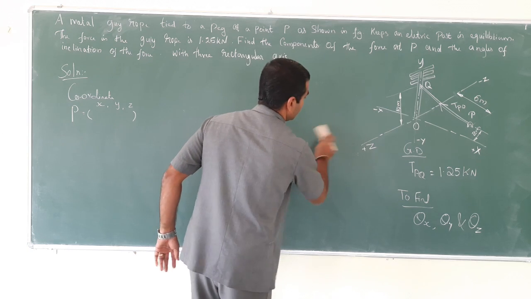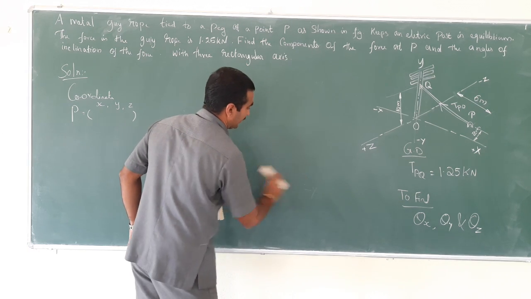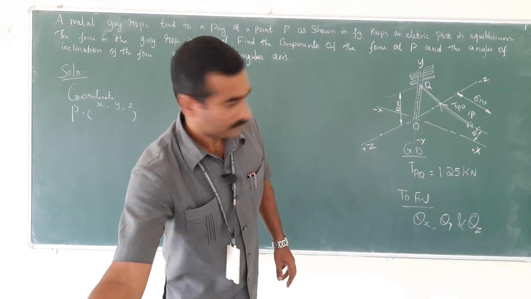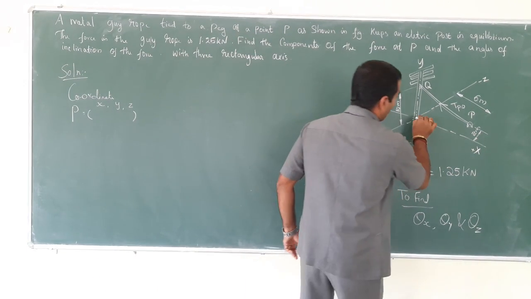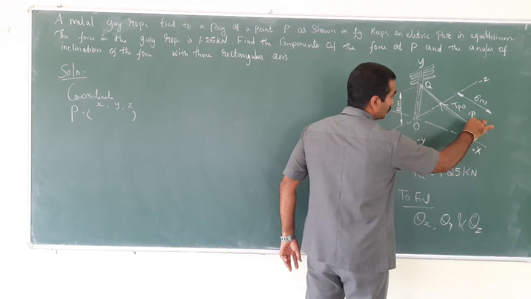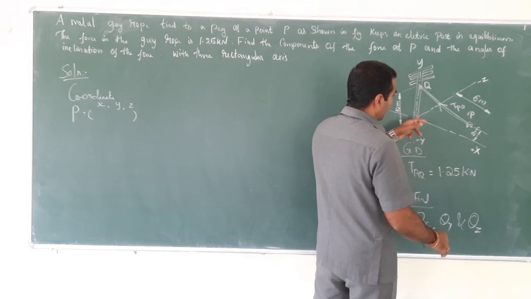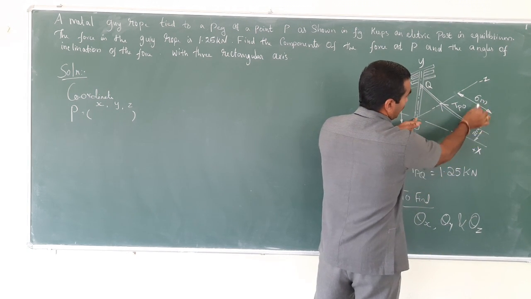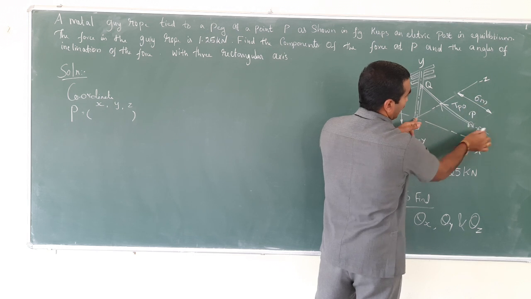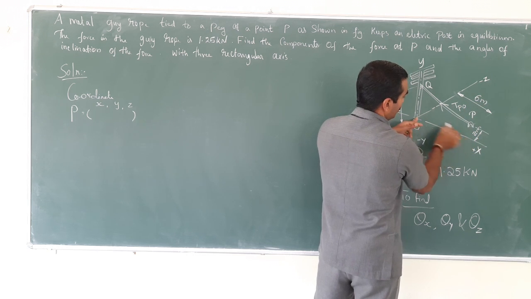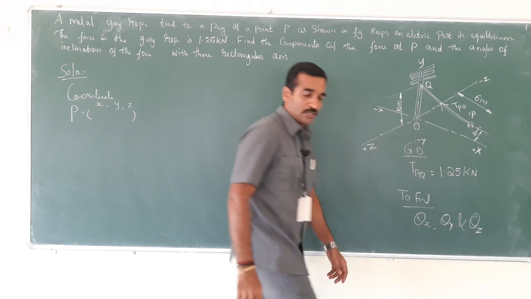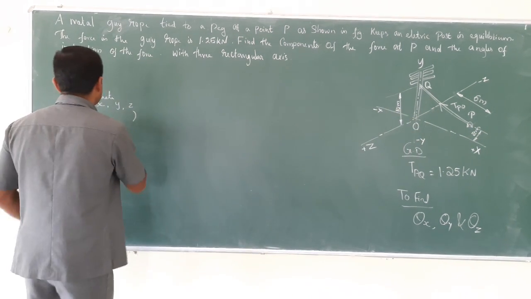Because here the topic is in 3D. So this is the origin. In order to locate this point from the origin, how far is it located on the x-axis? Look here, it is 6 meter. So from the origin along the x-axis it is 6 meter, which can be mentioned as, for x, it is 6,